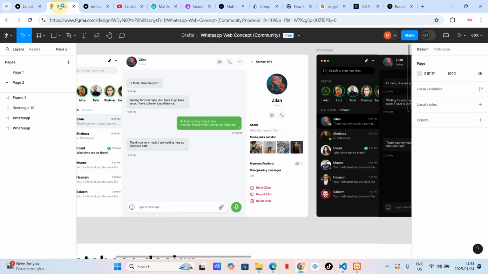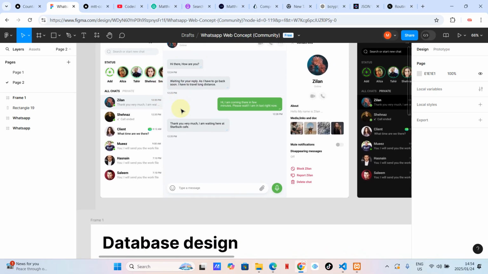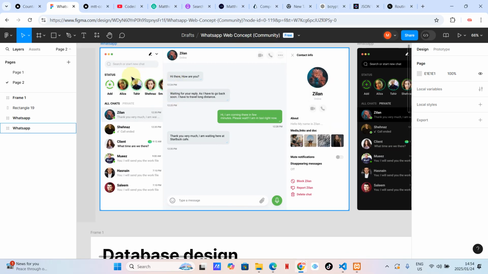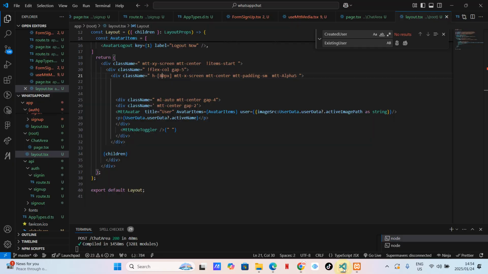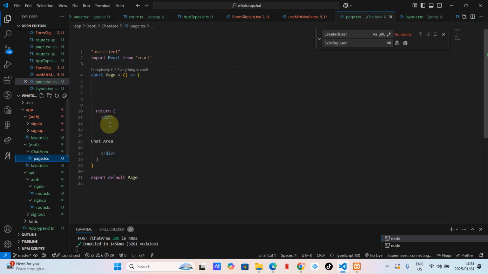So let's go back to the UI. And then I think let's create these two sections, the left and the right one. Where are we going to do that? Let's see, this is the layout. We're not going to do it here. Let's do it here on the chat area. So here